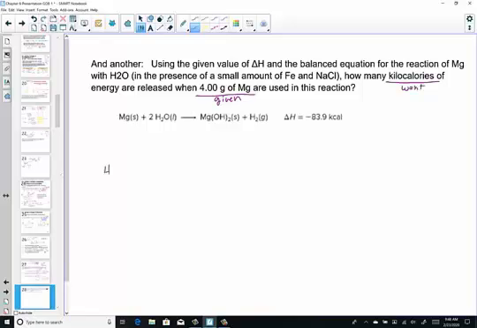We're given 4.00 grams of Mg. Now I know that coefficients stand for moles. So therefore, no matter what unit I'm given, my job is to get it to a mole. So in step 1 of our stoichiometry roadmap, we divide to head into the mole, and we're going to divide by molar mass to convert into a mole.